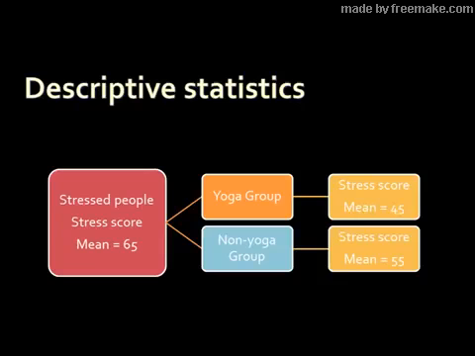So now we have a rather interesting situation. We've shown that yoga does result in a drop in stress, but interestingly, so does this other thing that we did. All right, now what do we know about that? How do we interpret that difference between 45 and 55? Well, descriptive statistics don't allow us to go any further, really. We're just describing what we've got. And so to go any further than that, we actually need to use inferential statistics. So